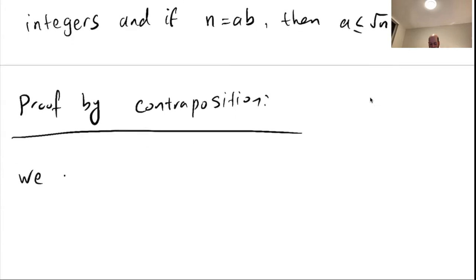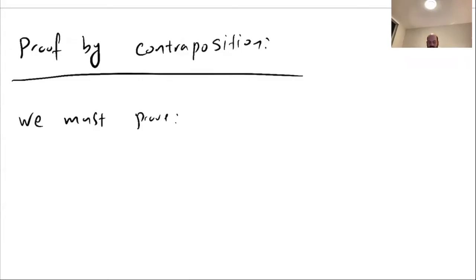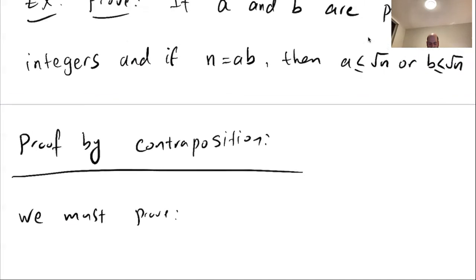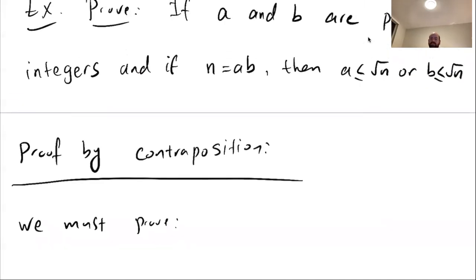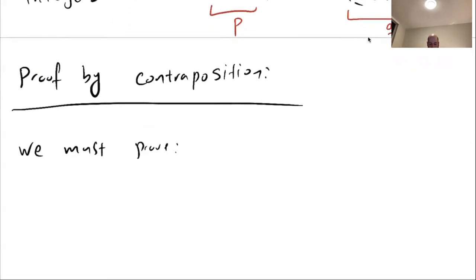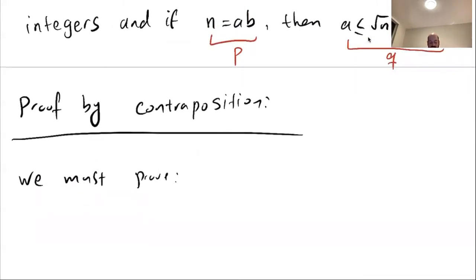So we must prove. Okay, so what should we prove? So see, this is basically, well, a and b are two given positive integers, right? So my assumption here is that if I set n to be ab, then a is less than root n or b is less than root n, which is my q. So we must prove that if negation q, then negation p. So we must prove if